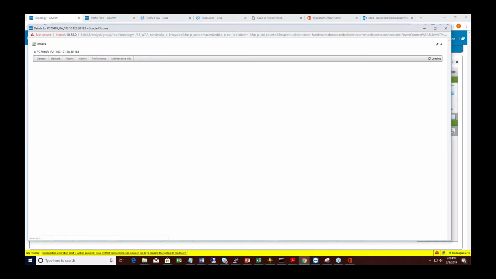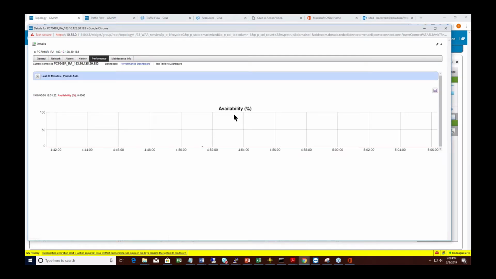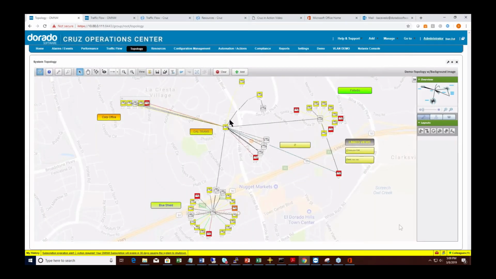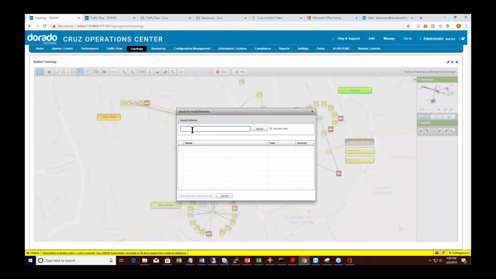We can go into performance. If we're collecting performance on the device, this one doesn't have a lot of performance. Let me just see if I can find a little bit of a better one here. I'm going to search for this, and I'll show you how to search for some of these too. If you want to look for a particular device on your